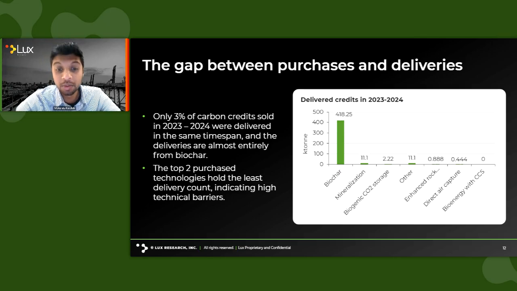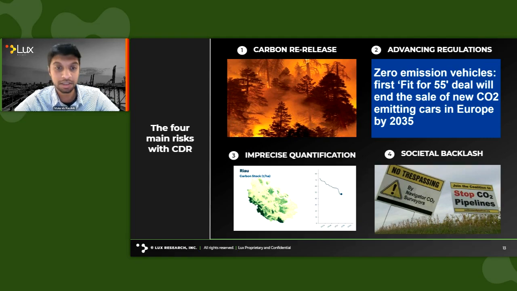But to really assess which CDR technologies will actually scale and meet their deliveries, we like to look at it in terms of risk, right? Because risks can really prevent a project from becoming operational. And in the context of CDR, there are four main risks to consider. The first is carbon re-release or permanence. Right? So this can be as obvious as detecting a forest fire, but also more complicated, like biomass decomposition or